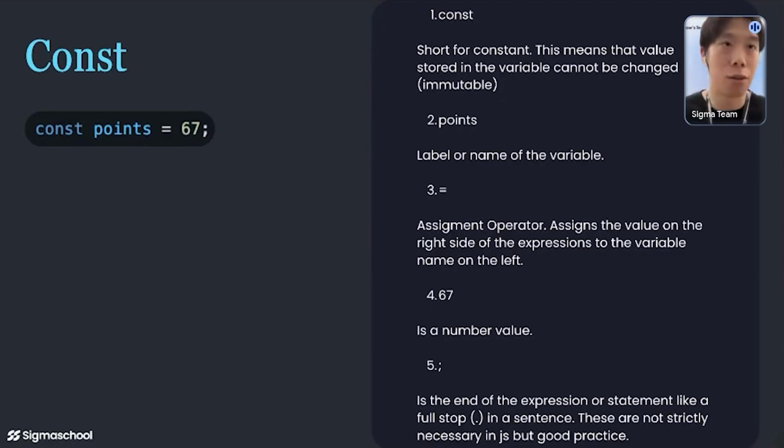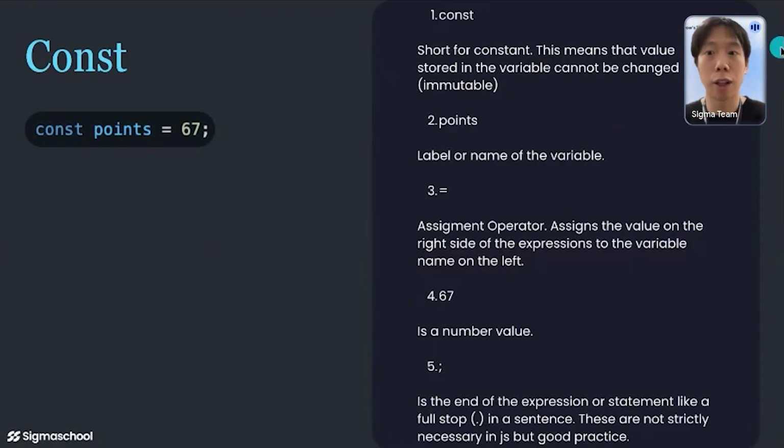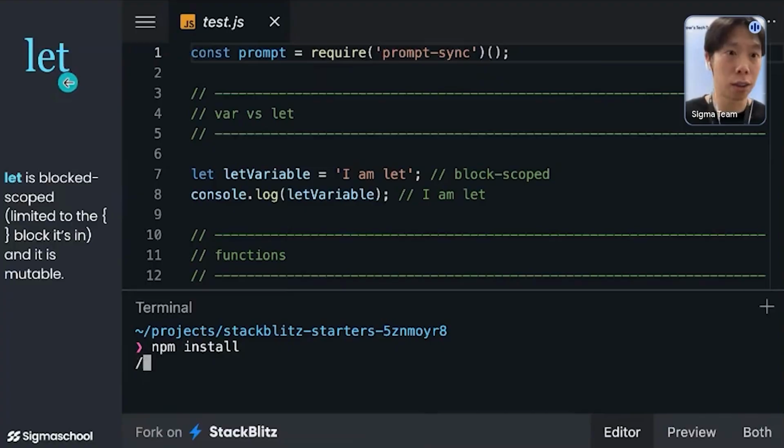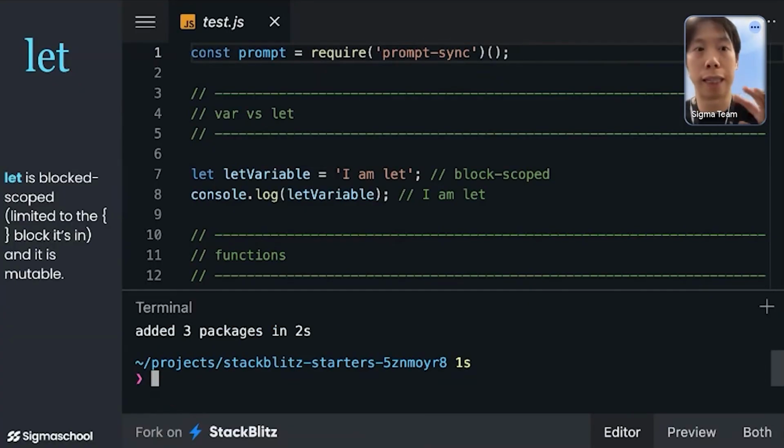So let's say you want to add a height, right? You are like 175. So what you do is first, you write const here, and then height, which is replacing points, and then you want to do equals, and then 175, and then you add the semicolon, right? So that is the same format of what you see here. Now that explains how you actually declare variables in JavaScript. Now that is const. Now let's show you an example of let, right?